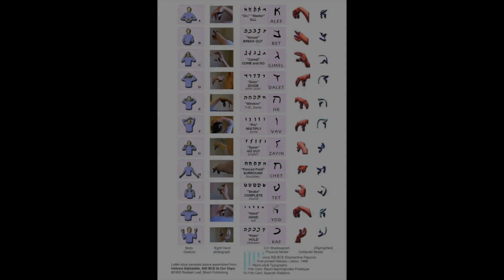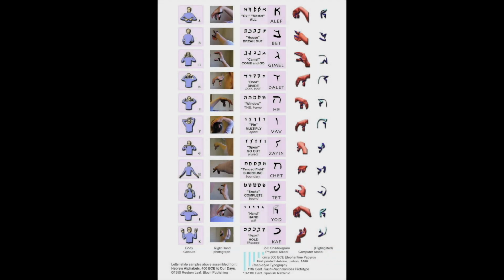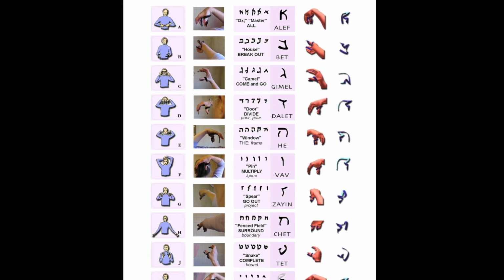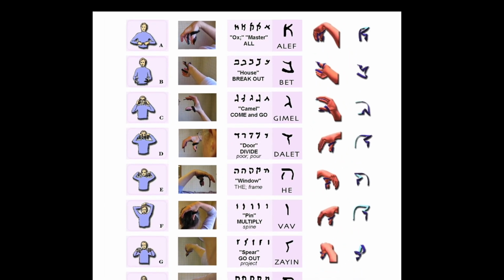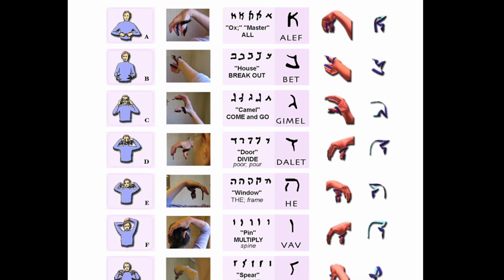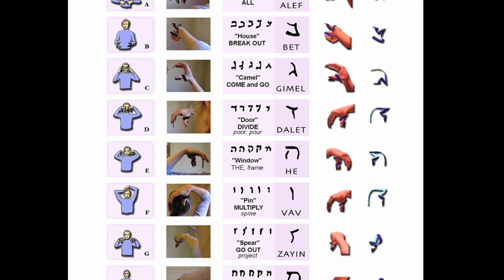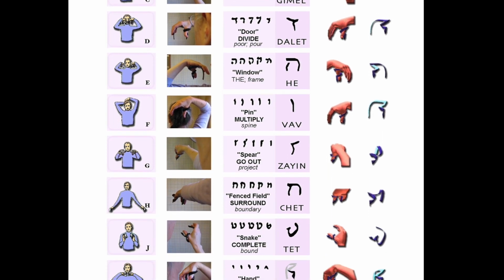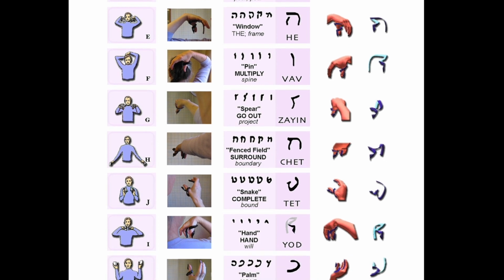Form follows function. It's not like an arbitrary shape for an arbitrary thought. It's a form that is directly derived from the function of the name of the letter. Big idea. And I didn't realize at first how important it was. It's now critical. That needs discussion, and people should question, well, are you sure about this? And what did you do? What did you not do? There are a lot of details.